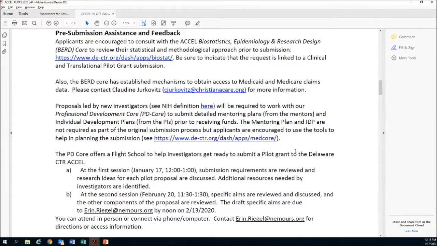Before you submit, you are actually required to, I mentioned this biostatistics, epidemiology, and research design core, that's BIRD. You are required to submit your methodology or to consult with BIRD. This is sort of what I tell my mentees, this is like good for you medicine. It sounds like it might be a pain in the neck, but trust me, just do it. And the outcomes at the end will be highly beneficial, which is one of the reasons why it's required. So if you are not familiar with this,